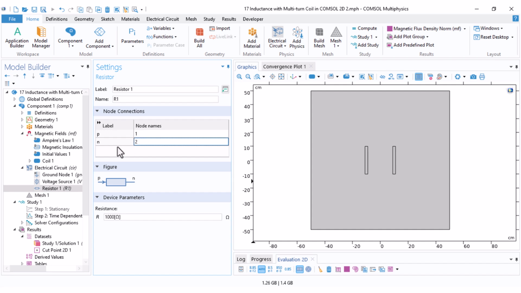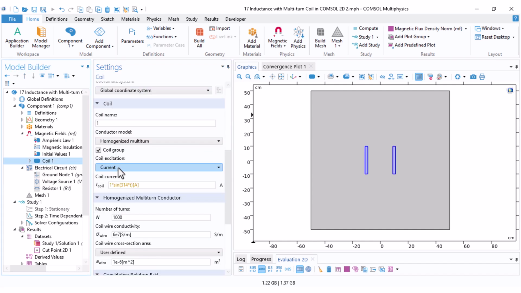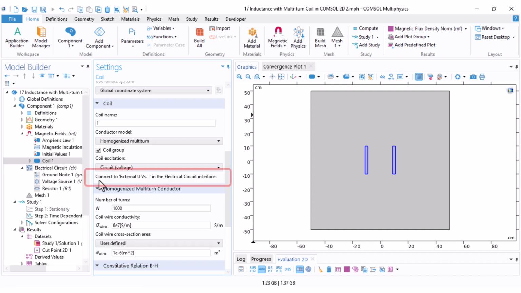Now I should define my solenoid in the circuit. For that, I first should come back to the coil option and set the coil excitation to circuit voltage. Just look at what COMSOL says itself. It says connect to external UVSI in the electrical circuit. It says that if you want to define or connect this coil in the electrical circuit, you should define it